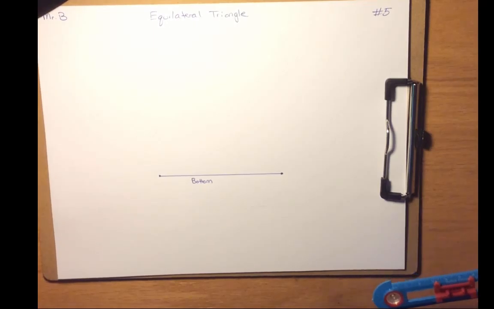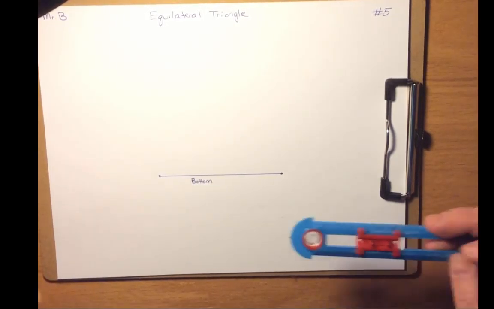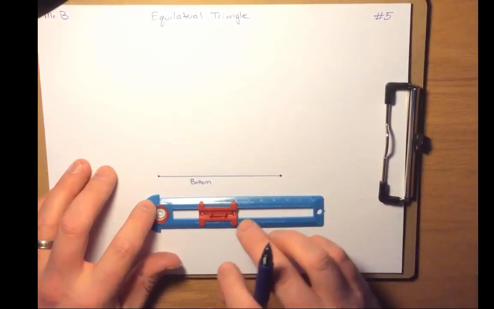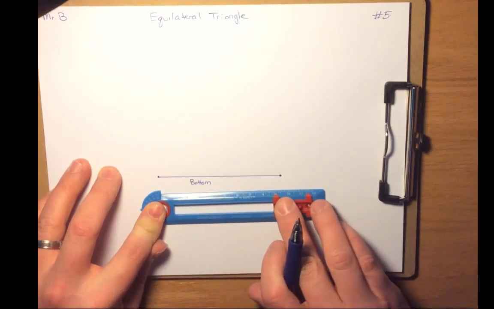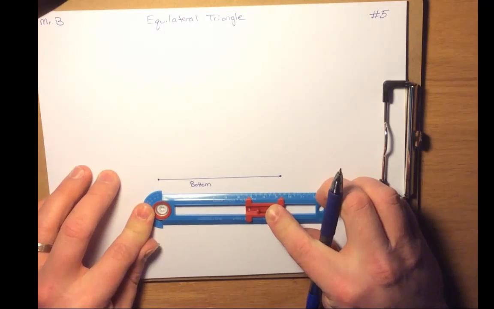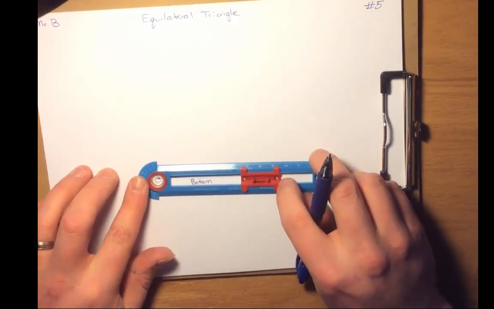Now, one of the things that we can also use in helping us to create this equilateral triangle is the fact that circles have the same radius no matter what. Okay? So what I'm going to do, and I want you to watch carefully, is I'm going to place my compass, and I'm going to move my slider such that, I'm going to have to bring it back a little bit,